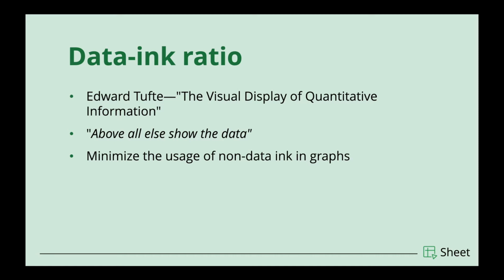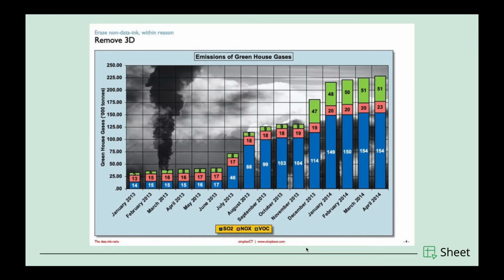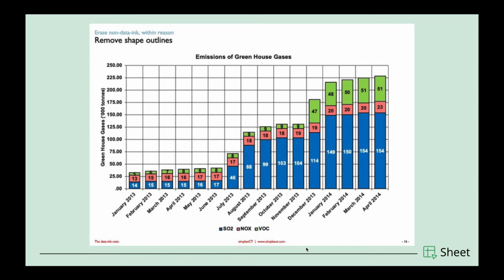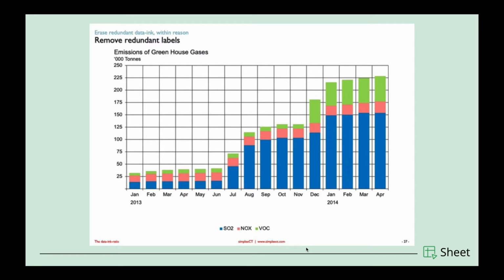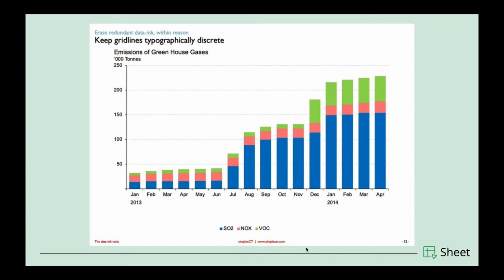So now I'm just going to show an example that will give you a clear idea about what this concept is. So in this chart, you can see there are various elements that are used here, and one by one you will see how the chart is getting decluttered or uncluttered by removing the unnecessary elements from the chart. So you can simply watch the step-by-step process where each element is being removed. Those elements that are unnecessary are getting removed so that the data is actually prominently and clearly visible without any distractions or unnecessary elements in the chart. So this is what the data ink ratio is all about. Unclutter your chart and make sure that you show your data prominently.